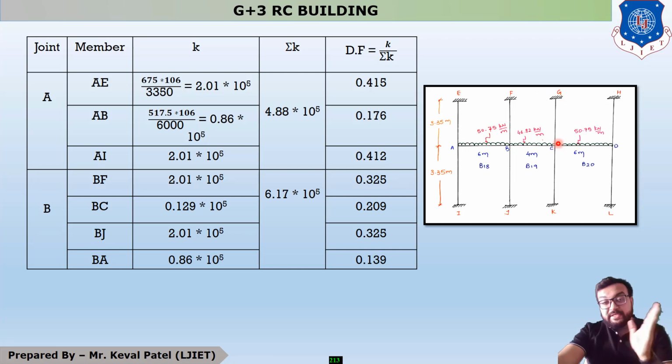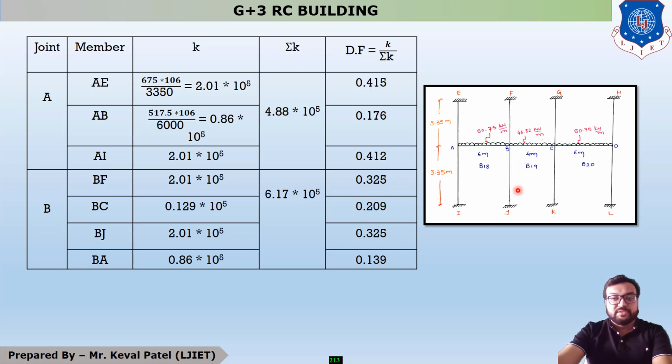Now for BC it is beam, so it is 517.5 into 10 raised to 6 divided by L. L means 4 meter over here. Okay. So students, after putting all this value, we will get all these answers, and after that we have to sum all these values. So it is 6.17 into 10 raised to 5, and after calculating the summation of K, the next step is to find out DF. DF means distribution factor. So it is this divided by this,